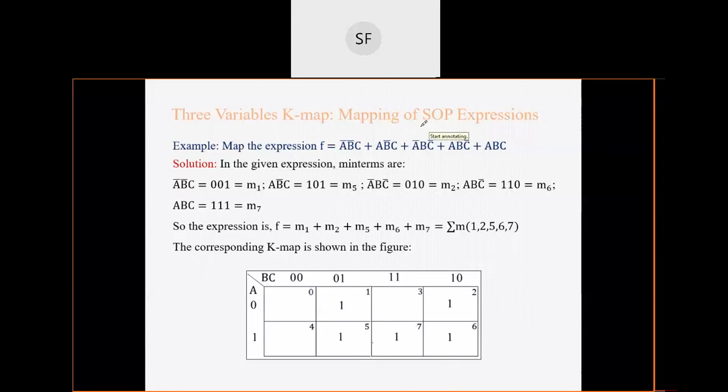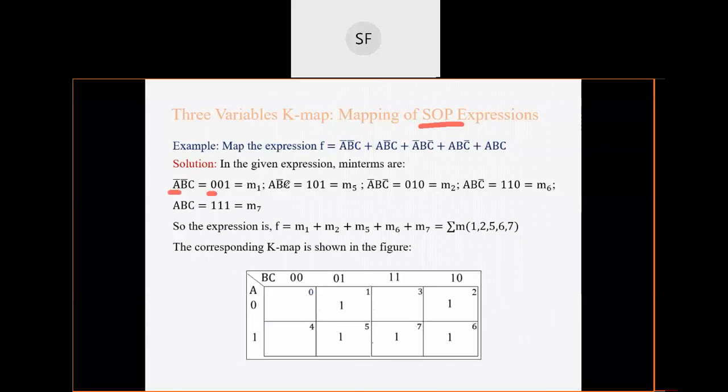So since it is SOP, I have already told you what the differences are. अब SOP है इसलिए आप यहाँ पे 1 पुट कर रहे हैं. अगर POS फॉर्म होता तो आप यहाँ पे 0 पुट करते. This is the first difference. Second difference is, SOP है इसीलिए आप ये कॉम्प्लीमेंट को 0 मानते हो in SOP. ओके. और POS रहता तो कॉम्प्लीमेंट को आप 1 वैल्यू असाइन करते. So these two important differences you should note down.